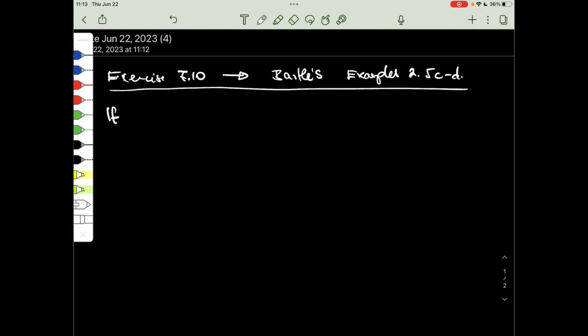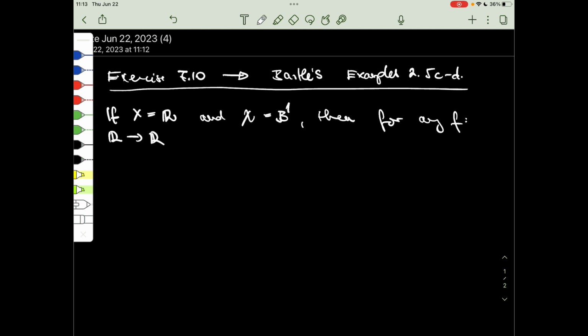So, let's put it formally: if the state space is the real line, and the related sigma algebra is the one-dimensional Borel algebra, then for any real function which is continuous we have a Borel measurable function. F is Borel